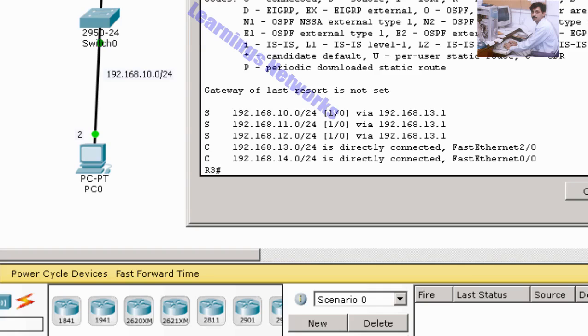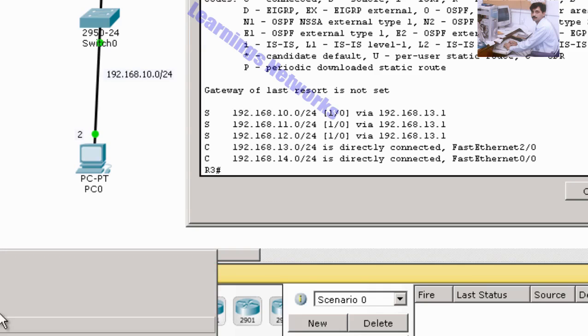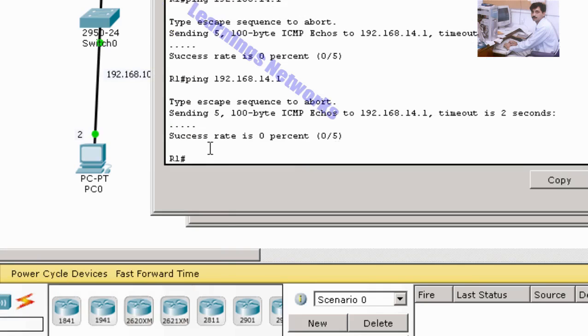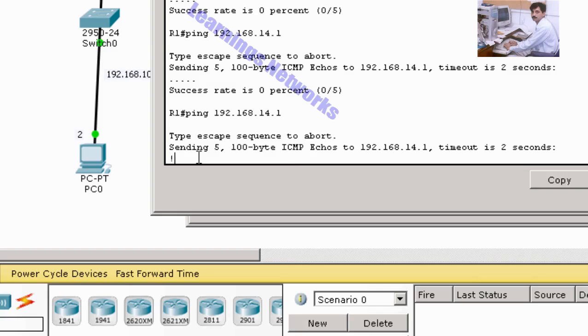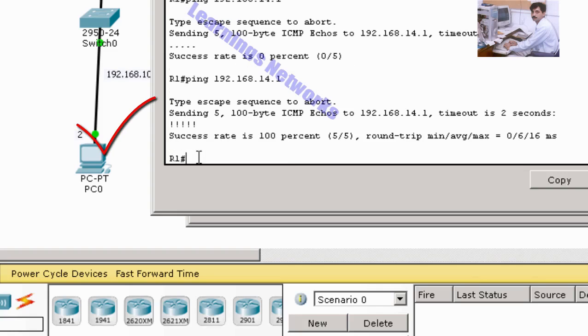So again we check from R1 whether the 14.0 network is pinging or not. Now it's pinging. So what we learned is that each network must be in the routing table of each router.